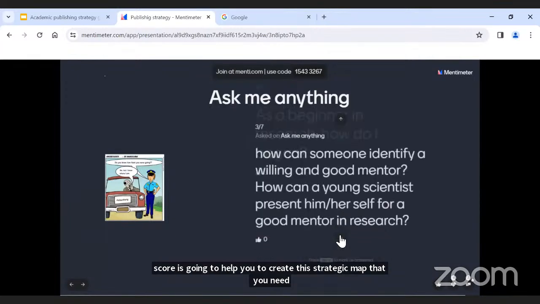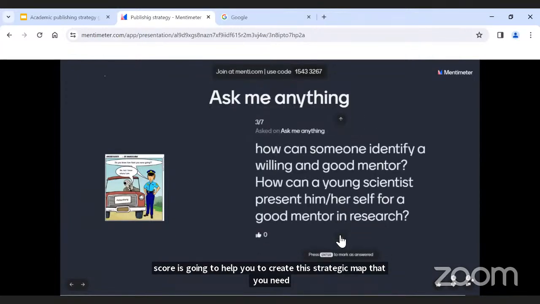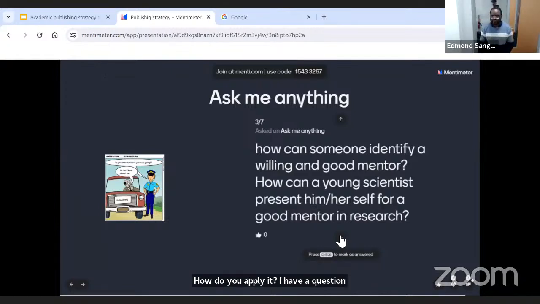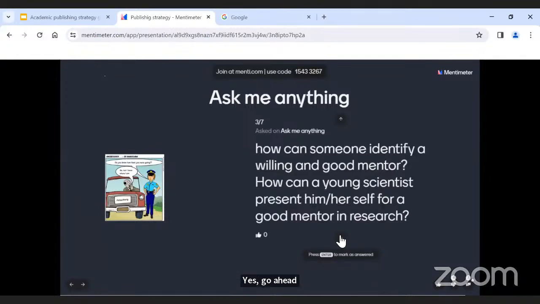I have a question. Yes, go ahead. When you were talking about career value creation at a level objective, we mentioned social capital as a strategy. I'm asking, is social capital the only strategy in career value creation?